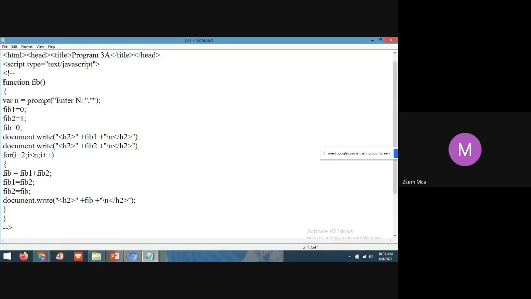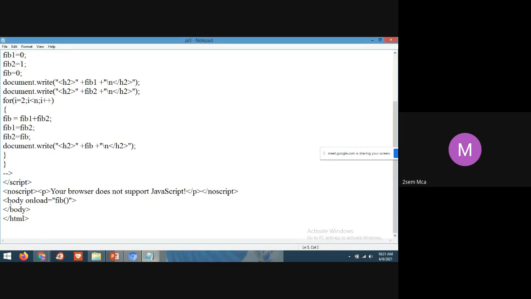See here, the function I have written, and I have called this function in the body tag.